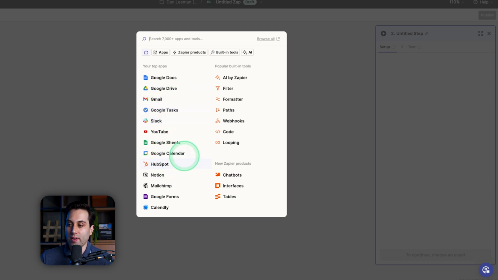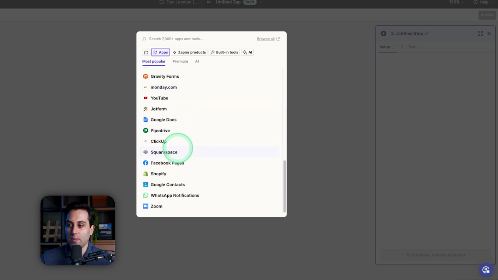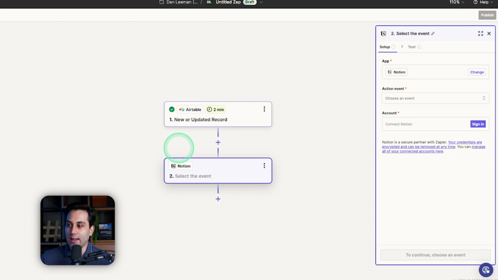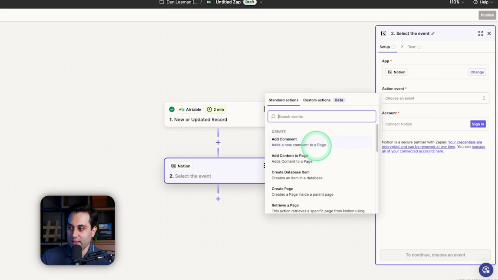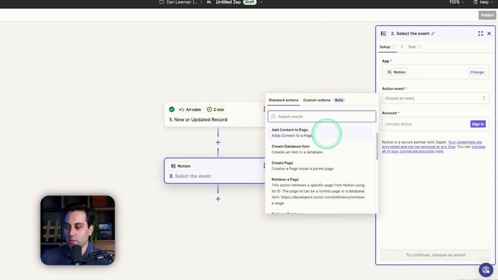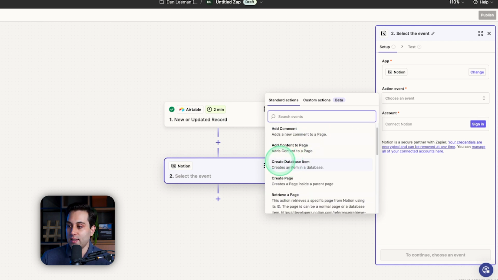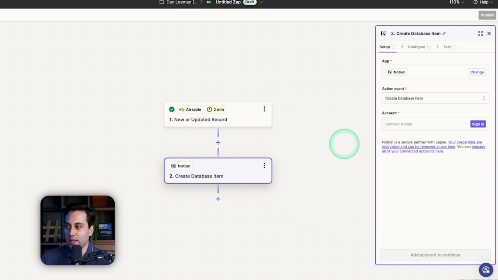For instance, we have HubSpot, we have Notion, we have MailChimp, Calendly, and many other apps. Let's say we want to integrate Airtable and Notion, for instance. We can click here and we can get this record we just created and add to our Notion file. Or it could be a Notion that belongs to someone else. It's up to you. All I have to do now is configure this event, and I can do a lot of things here. I can add a comment, add content to a page, create a database item, create a page, and much more. In this case here, I'm going to choose this option, create database item,